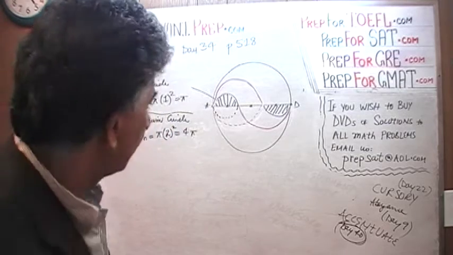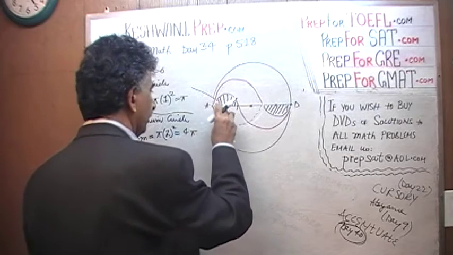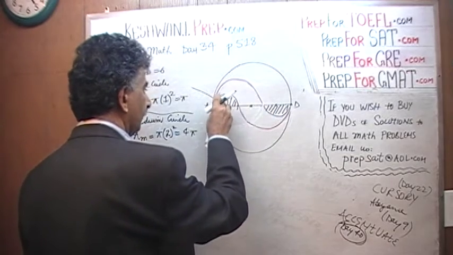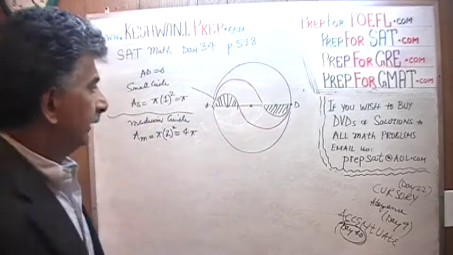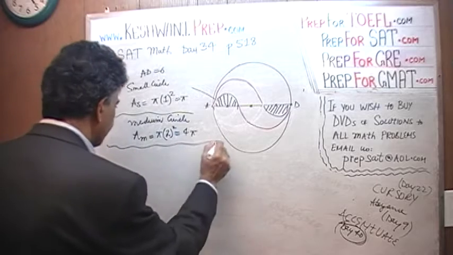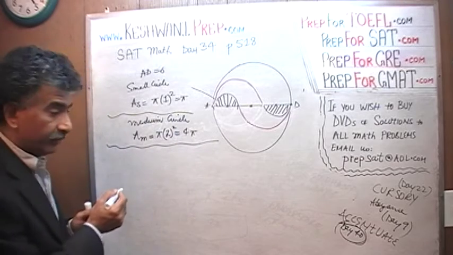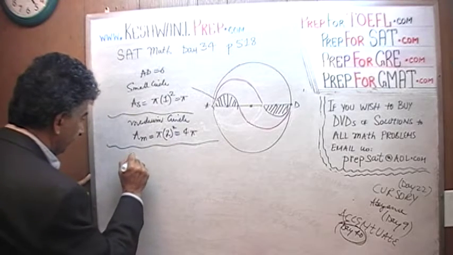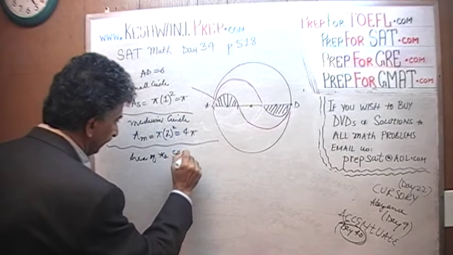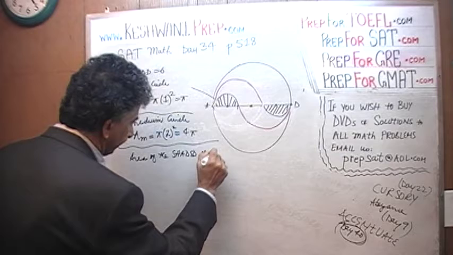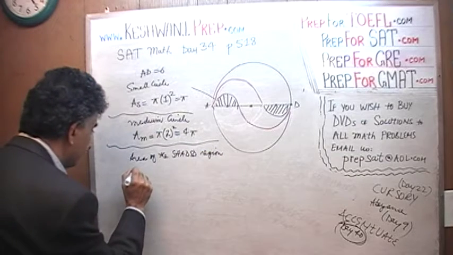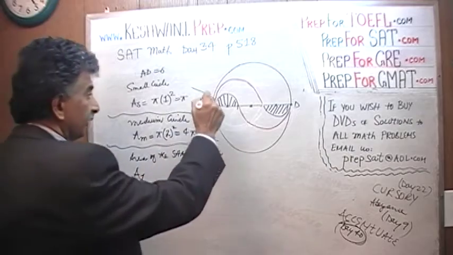I'm going to erase this dotted line now because it's annoying. Let's get rid of it. Get rid of this dotted line also. And then the last part that we have to understand is this part. This is the tricky part. Last part that we need to understand is that the area of the shaded region that they're talking about is the area of the large circle, which is this entire thing,